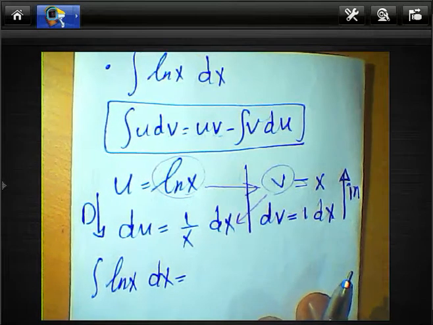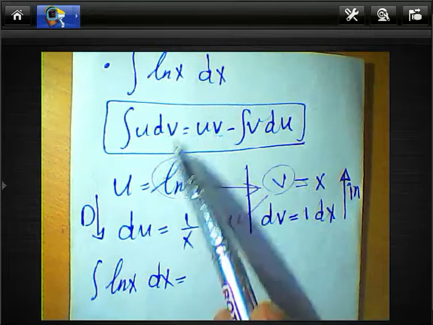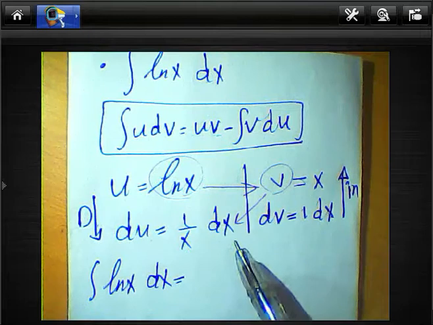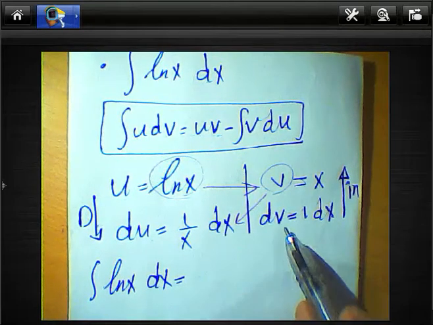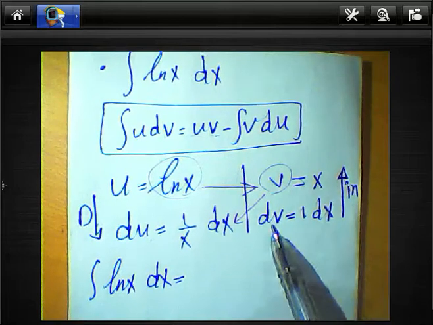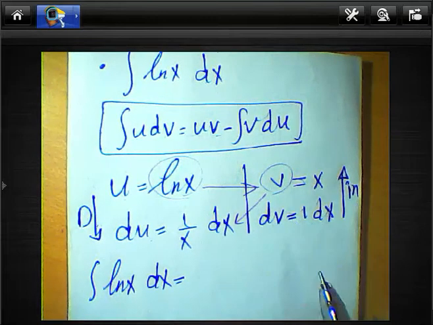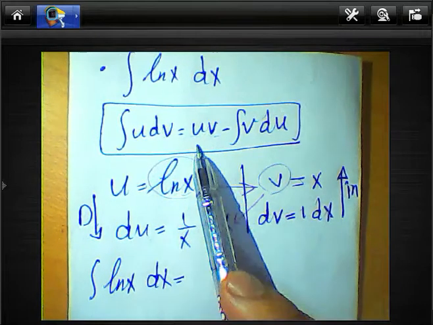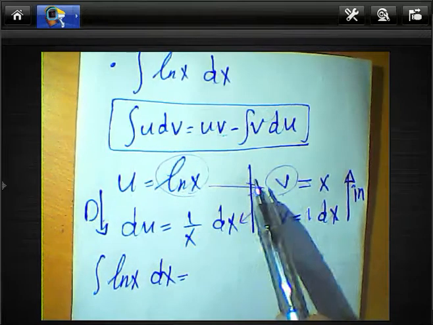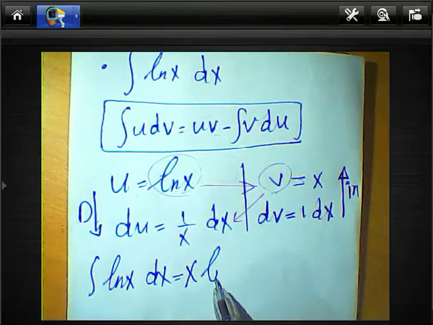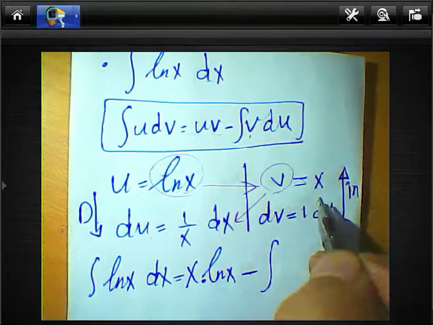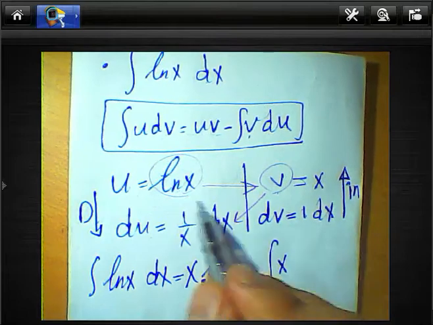It's very easy. You must remember again u equals ln of x, and the derivative of ln of x is du equals 1 over x dx, and write dv equals 1 multiplied by dx, so the integral of dv equals v, and the integral of 1 dx equals x. So we can write u multiplied by v, u equals ln of x, so u times v is ln x multiplied by x, so the result will be x multiplied by ln of x. Subtract the integral of v multiplied by du, v equals x multiplied by du, 1 over x